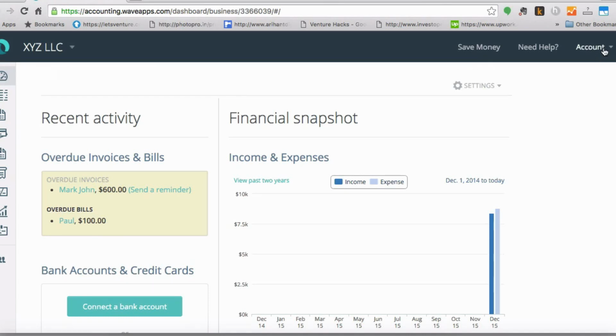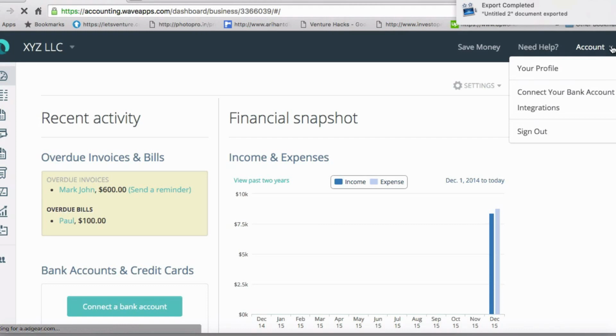From the dashboard, as you can see here on the extreme top right side, there is an option for account, and click on the downward arrow beside the account. You will get your profile option.